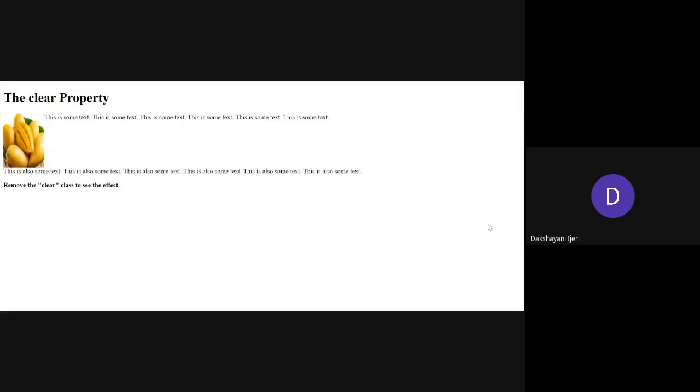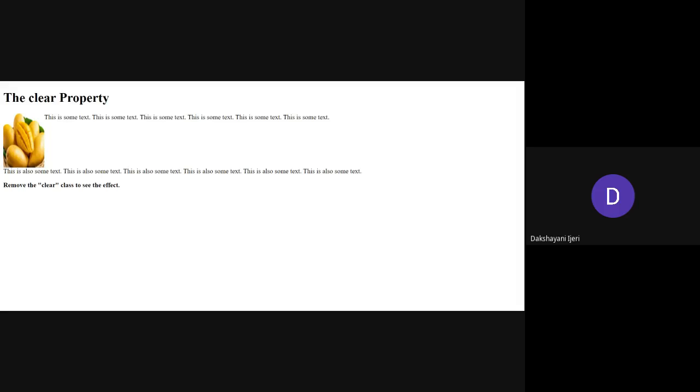Just observe here. A heading followed by the image which needs to be fixed at the left, and this is the paragraph content flowing around the image. To this next text we have applied the clear property with the value both. That means we should not have anything on its right or left.